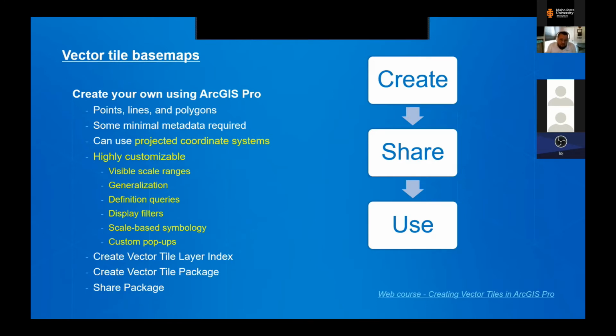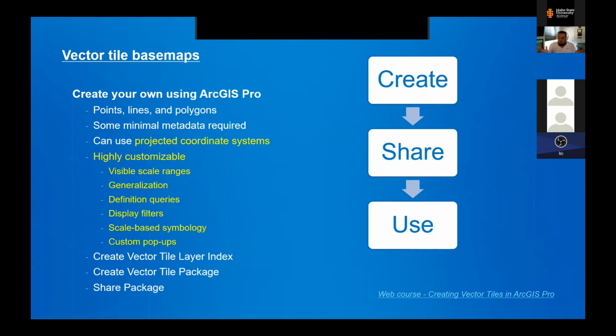The beautiful thing, and kind of the sneaky thing that sometimes goes unnoticed with creating your own custom vector tile base maps is the fact that you can use your own projected coordinate systems. For anybody in here that does normal web mapping, almost all of us do the Web Mercator Auxiliary Sphere. That is the default